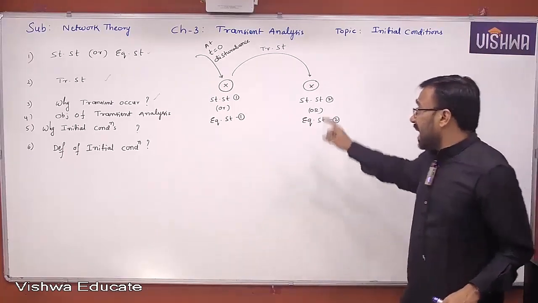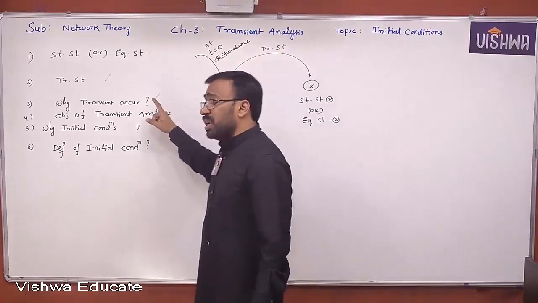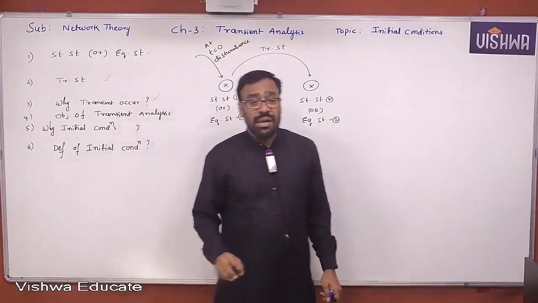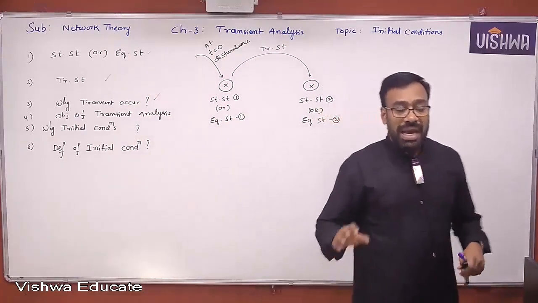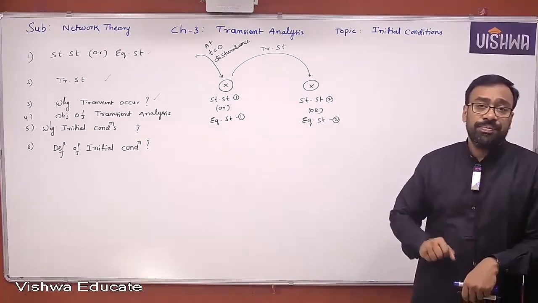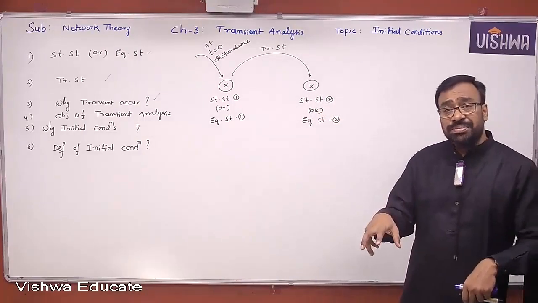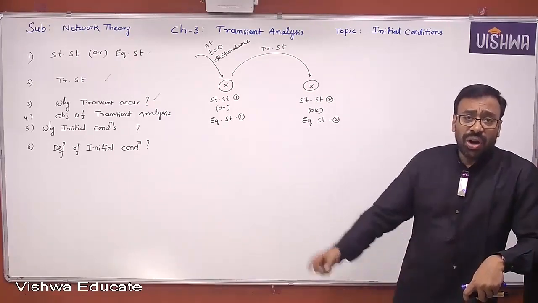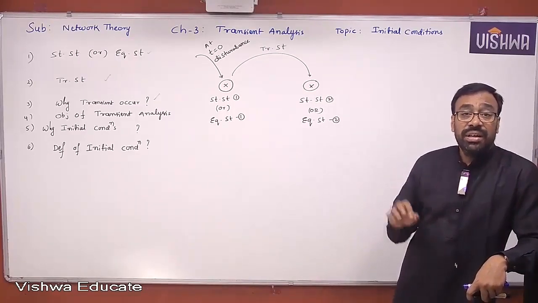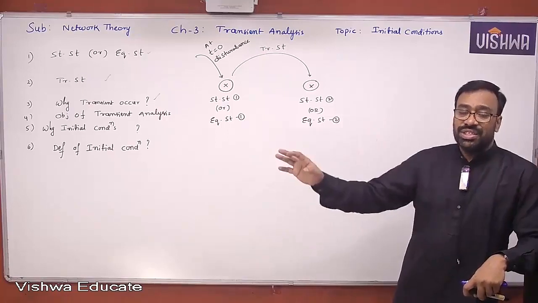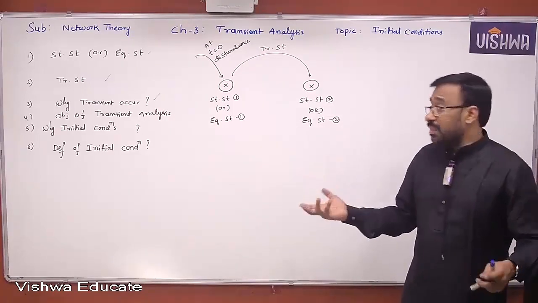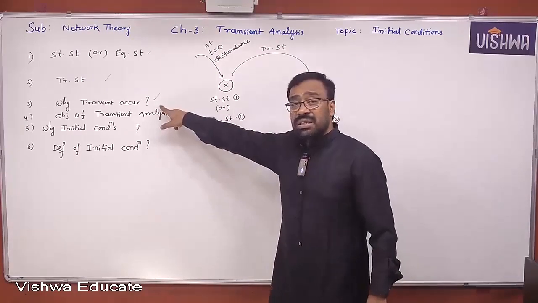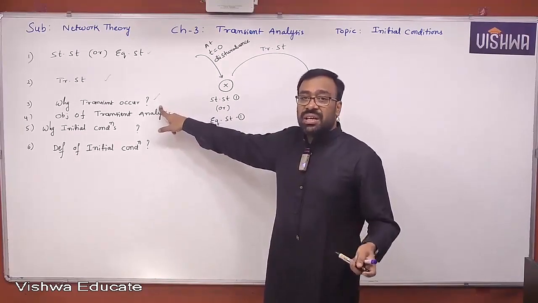Now, the transients occur because of the storage elements like inductor, capacitor, mass and spring element. In a mechanical system, mass and spring element. In an electrical system, inductor and capacitor. In an electromechanical system, all these elements will definitely cause transients. Understand, all of you, okay? So tell me, what are the main reasons for the transients, why do they occur? Because of the presence of inductors and capacitors.